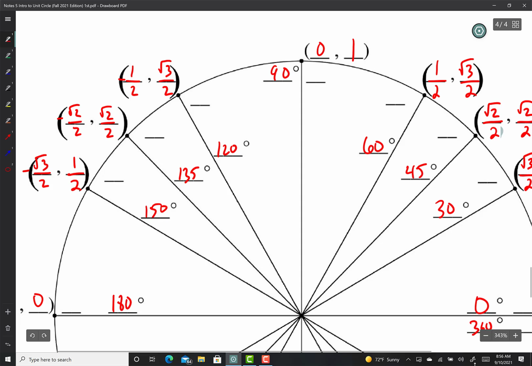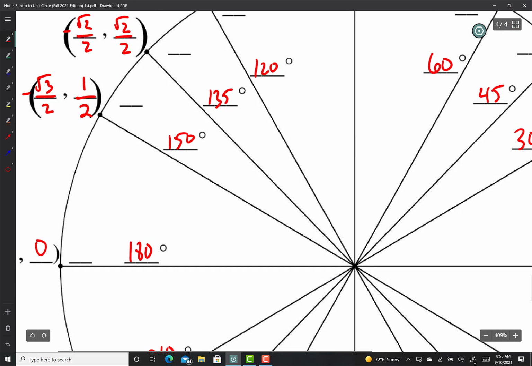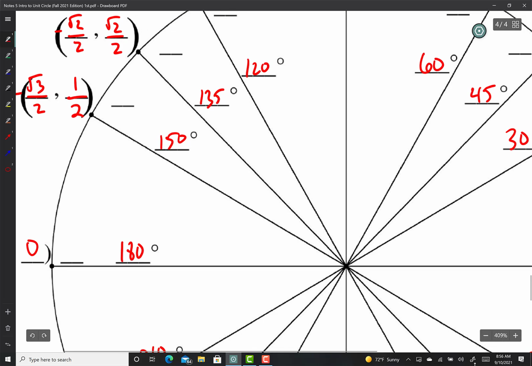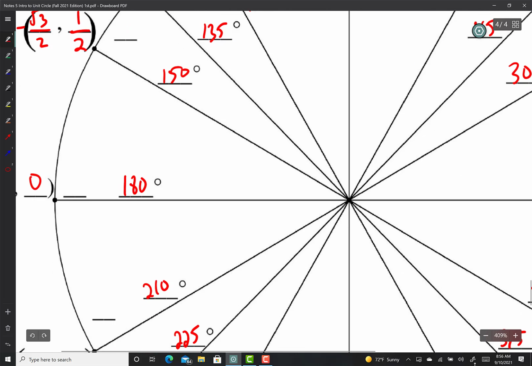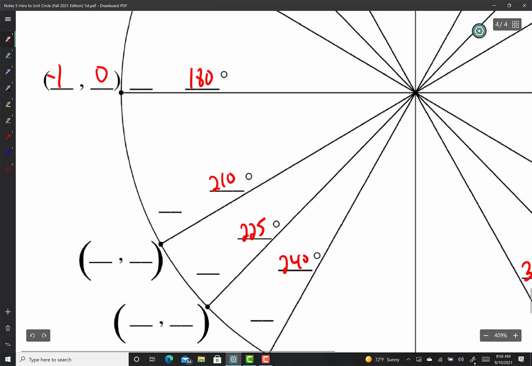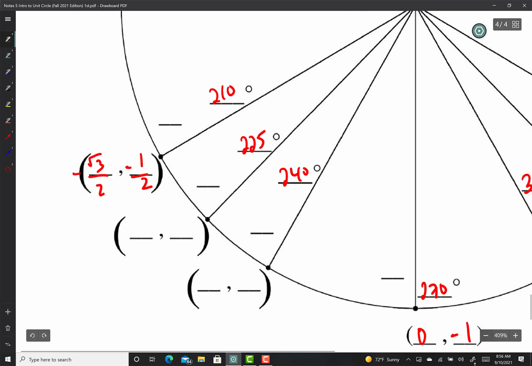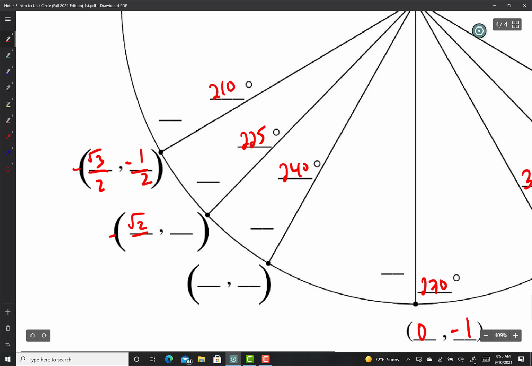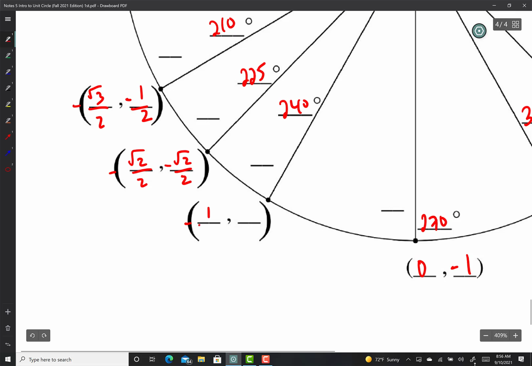1/2. In quadrant 3, are both of them negative? Yes. Symmetric about the x-axis. Keep it the same. So negative square root of 3 over 2, negative 1/2. Negative square root of 2 over 2, negative square root of 2 over 2, negative 1/2, negative square root of 3 over 2. And in quadrant 4,